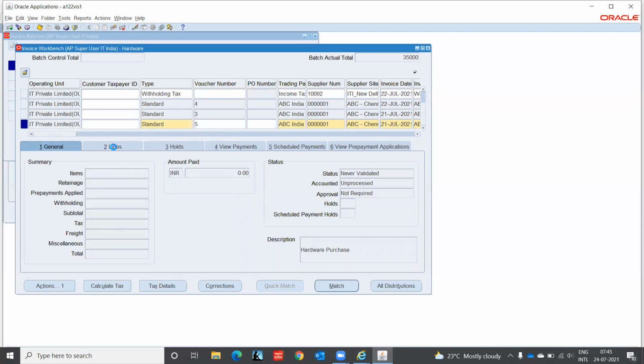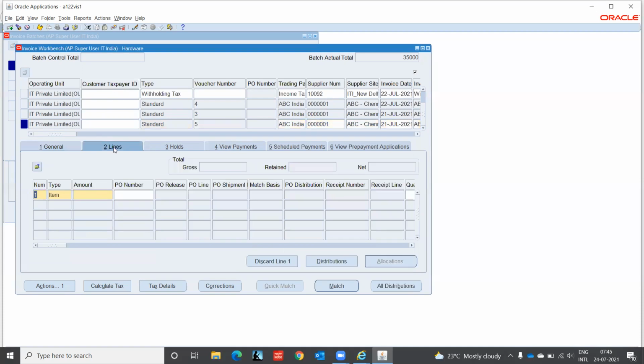Okay. Come on the lines. Amount is 5,000. Okay. I here attach